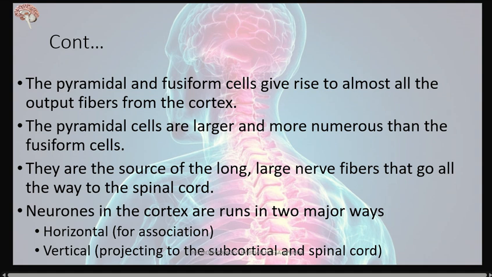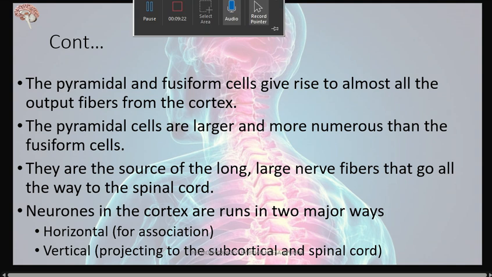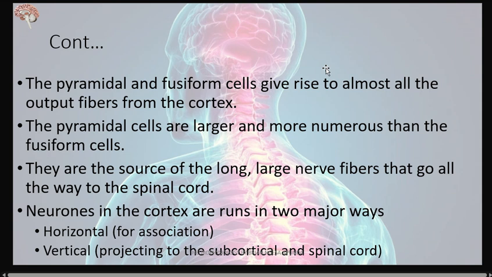Neurons in the cortex run in two major ways. We have the horizontal and we have the vertical. This is just a demonstration of what we've suggested. So if you consider this as your cerebral cortex, we've suggested we have three major types of cells: the pyramidal, the fusiform, and the granular. So where you have the granular, remember the granular can either be external or internal. They actually play an important role in connecting various parts of the cerebral cortex,